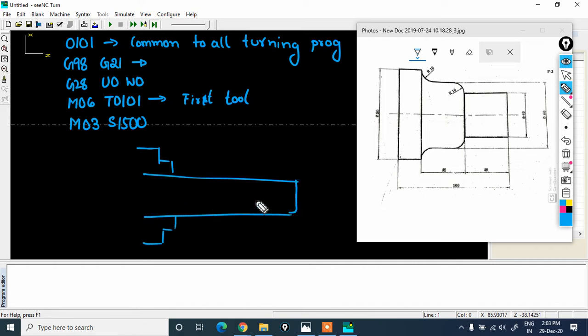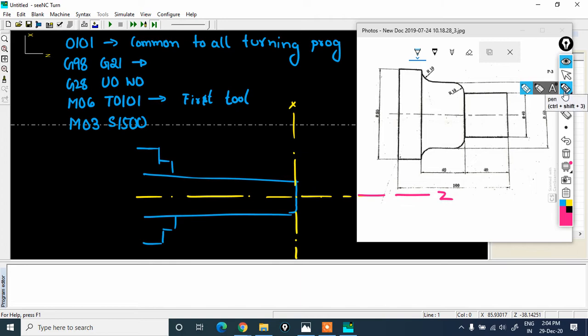Okay, and I will use a different notation to draw the axis. So this is an axis, and in a similar way this is an X, and this particular axis is Z. Now my first position, I will start from here. I will be defining G00. So G00 is for rapid movement, X100 followed with Z1.